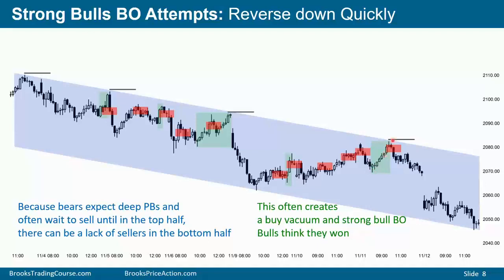Here we have a series of bull bars, and the market probably is always in long for most traders here. Here, a good bull breakout above a bear flag, market might be always in long for a lot of traders. The bulls think they won, but the market rallies into the sell zone. The bears are going to bet against the bulls. They'll bet that the bull breakouts will fail and that the market will continue down to a new low. So the bears will sell strong bull bars or reversals down after a strong rally, betting that the rally is minor and that it will lead to a new low.